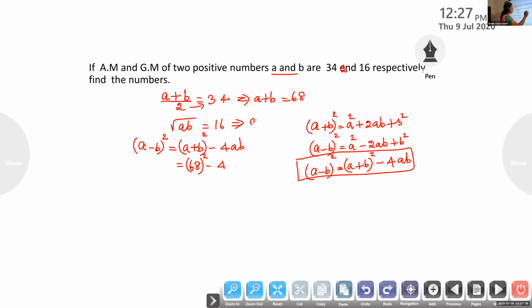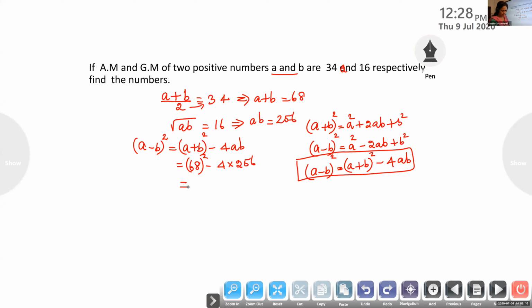From here can you give me what is ab? Root of ab is 16. Listen, we want to remove the root, so what do you have to do? 16 square. Ashwin, try. 256. Okay, root ab is 16. To remove the root, we are squaring. You square it, ab is 256. So 4 into 256, find out what is the answer.